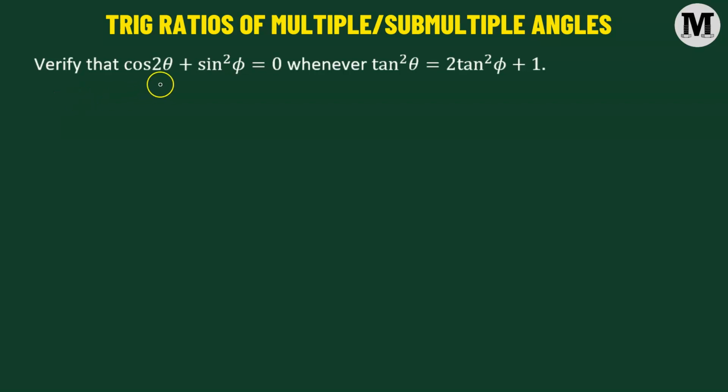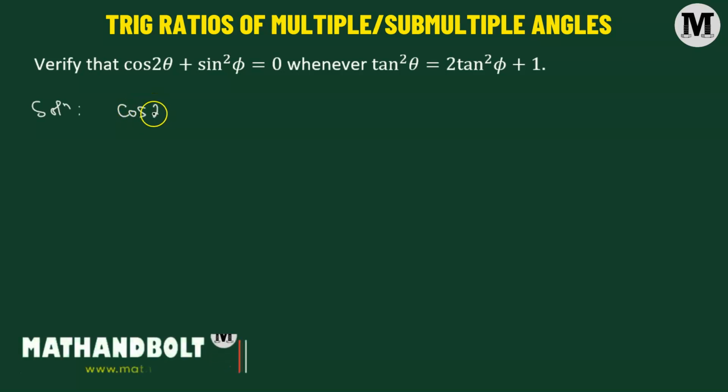So in this problem, we need to verify that cosine of 2 theta plus sine squared phi equals 0 whenever tangent squared theta equals 2 times tangent squared phi plus 1. Let us begin. Here, we will begin by first finding the value of cosine 2 theta, and we